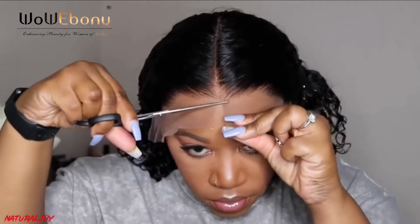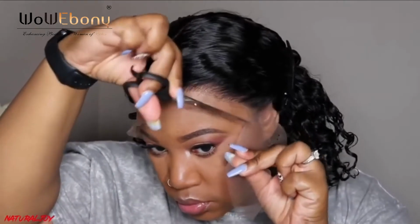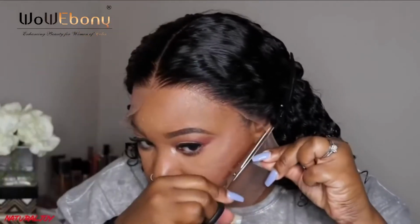Pre-plucked hairline on this unit is looking pretty good. I did not go in and do any extra plucking. So now I'm just going to work on cutting off the lace on this unit. Now with WoWEbony lace, I really don't have to worry about camouflaging it too much because as you guys can see, as soon as I started to cut the lace off, it pretty much already started to blend into my